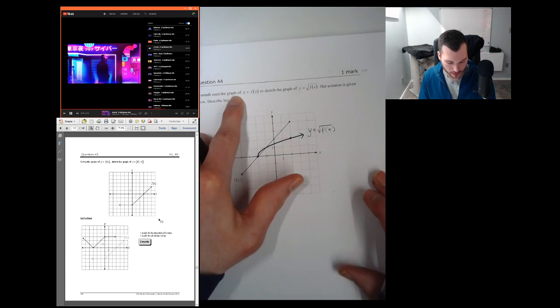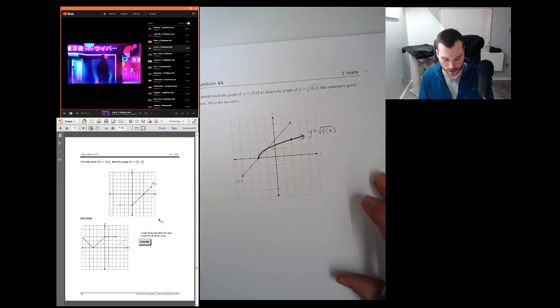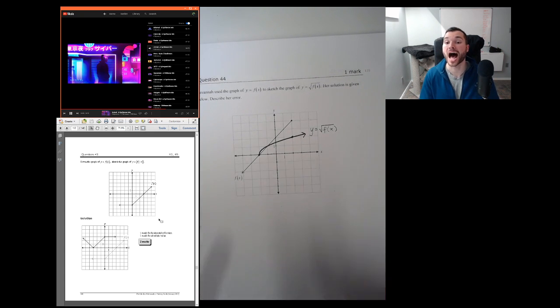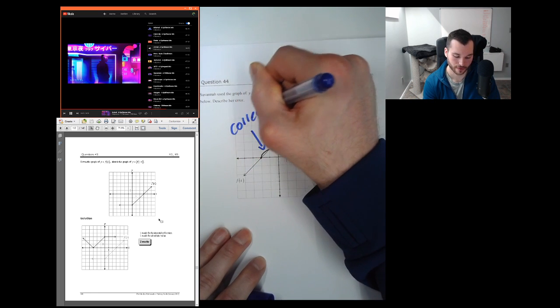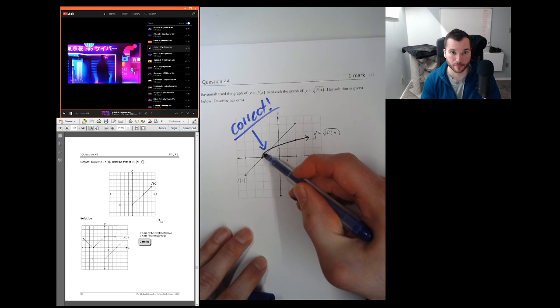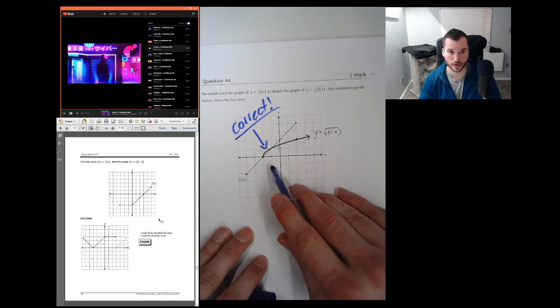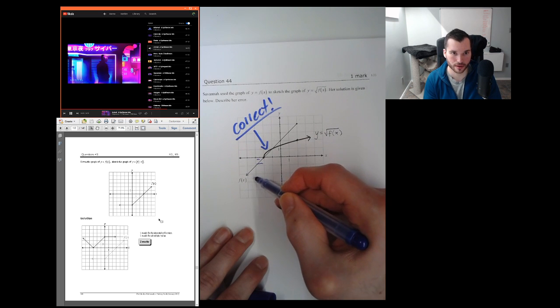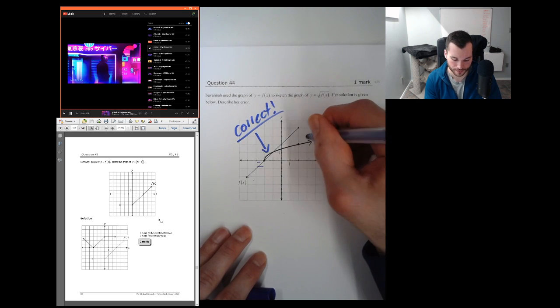Savannah, that's a fun name. Use the graph of y equals f of x to sketch the graph of y equals the square root of f of x. Her solution was given below. Describe her error. First off, this is totally correct. Having the square root function above the original function is perfect, and then below it is perfect as well. All of her coordinates are awesome. She disregarded the negative y coordinates because you can't take square roots of negatives, but the thing that she did,